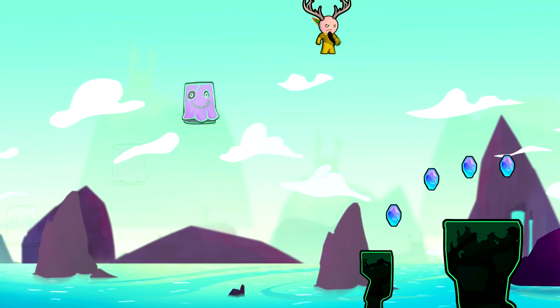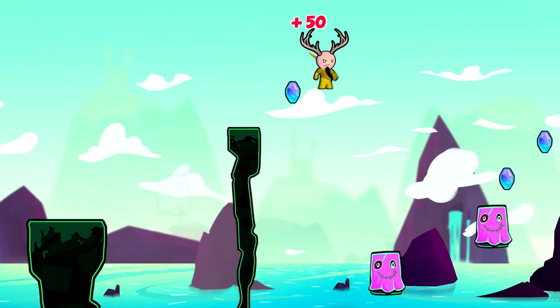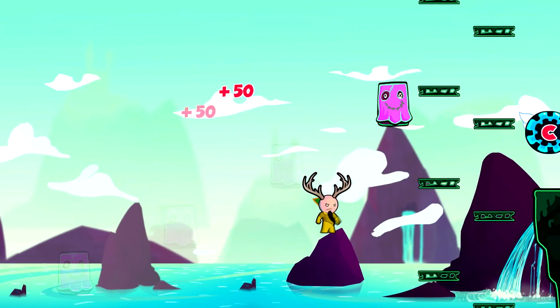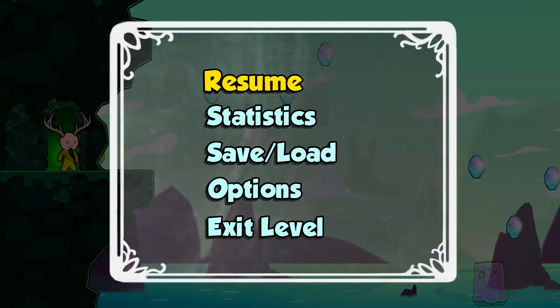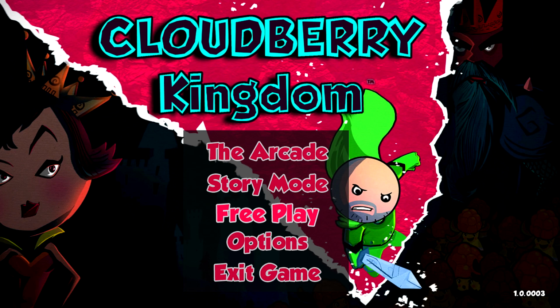Go, go, Bob, go. That's his name, by the way, Bob. Oh god. Oh shit. Alright, well. This has been Cloudberry Kingdom. You can pick it up on Steam, PS3, and Xbox for $10. Procedurally generated, challenging, momentum-based platformer, and it's very, very fun, very silly, very challenging, and I definitely recommend it for